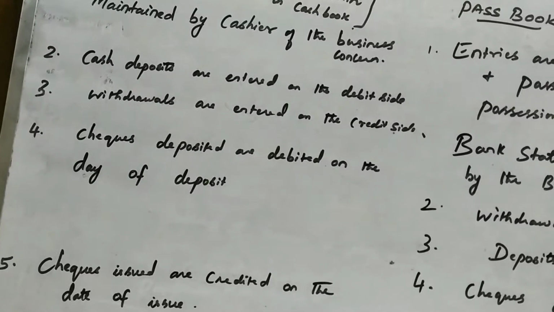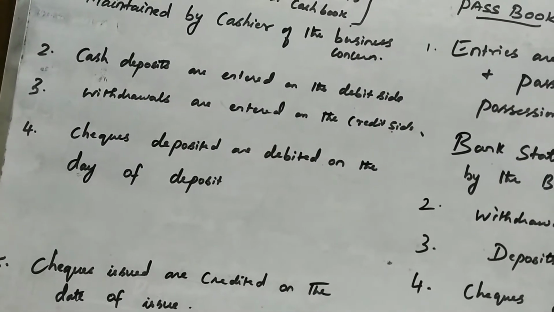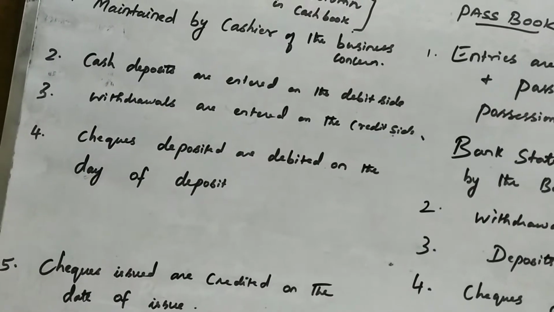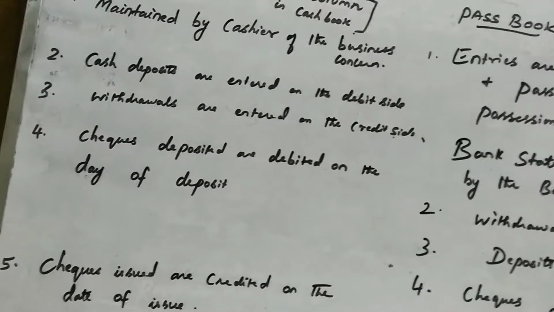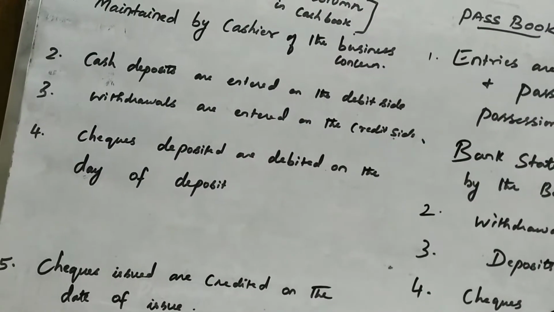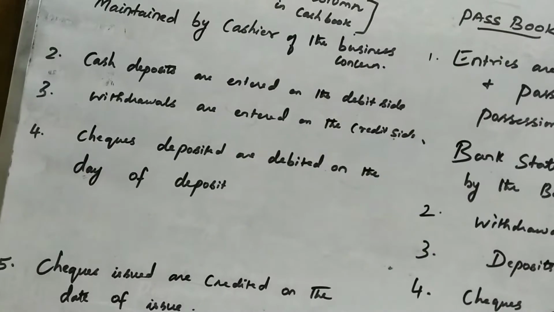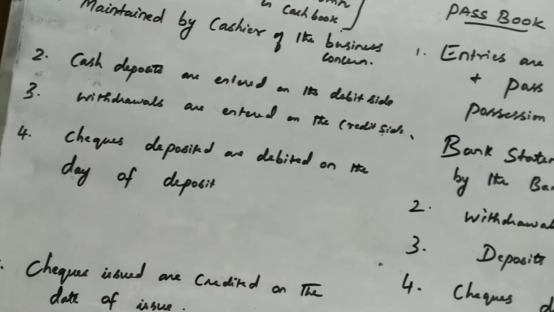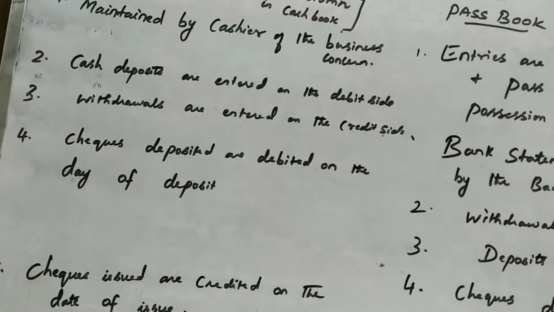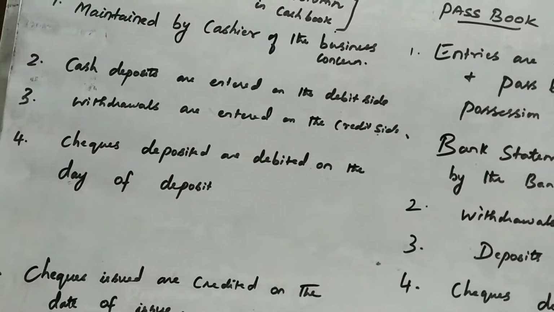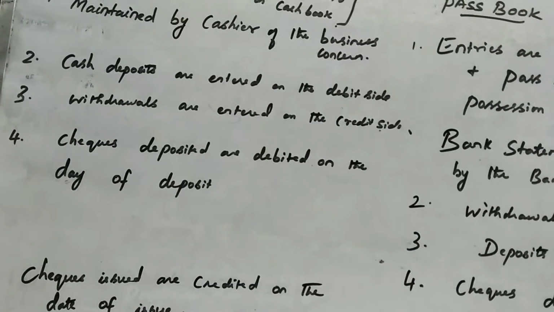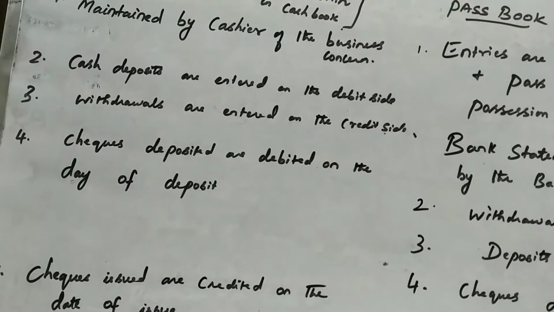So what will you do? You will write bank on the credit side, by bank, and you will put the amount in the cash column. In LF you will mark C. Similarly, on the debit side you will put to cash and put the amount in the bank column, right? So these cash deposits are entered on the debit side of the cash book,